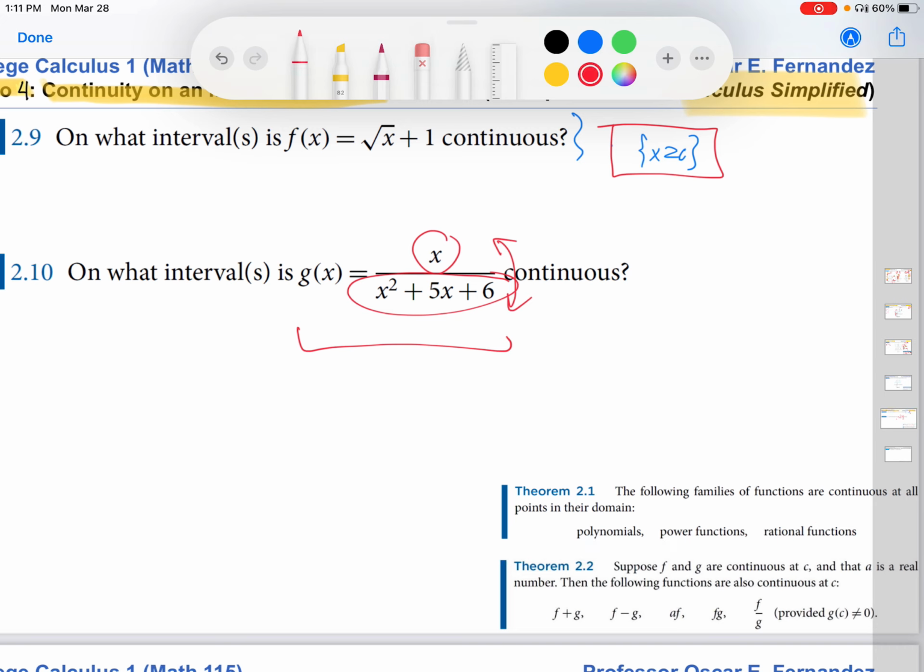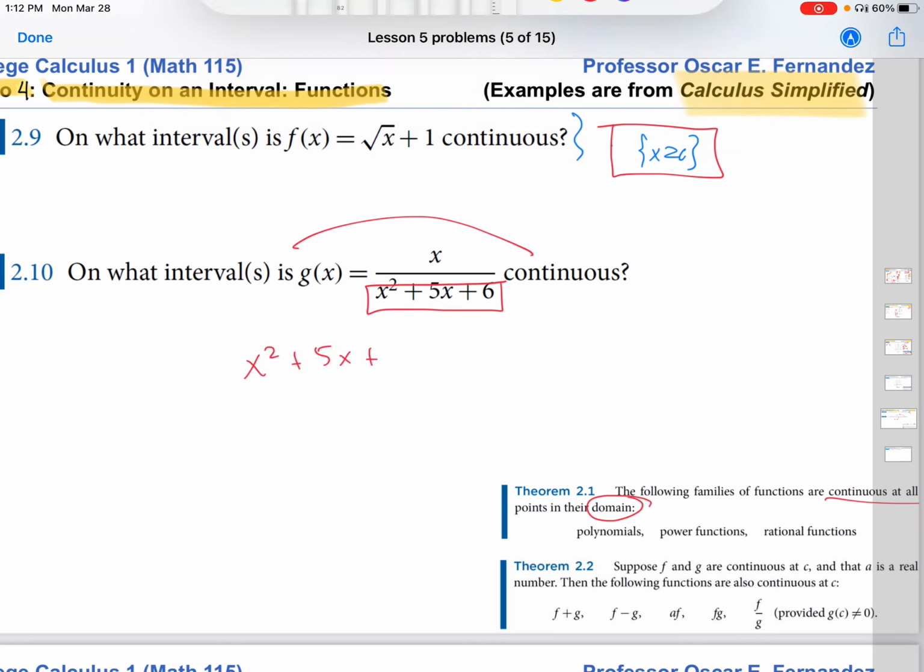And this theorem tells us as long as I know what the domain is, then the function is continuous at all points in that domain. Great. So I now am looking for the domain of this function. That's the set of all x values that I can substitute, and nothing goes wrong mathematically. So I'm going to look at the denominator. The only thing really that can go wrong with a rational function is that you divide by 0. So I don't want to divide by 0. So I want to set this equal to 0 and then solve. Those will give me the x values that make the denominator equal to 0. I then have to exclude those from the real line to get the domain